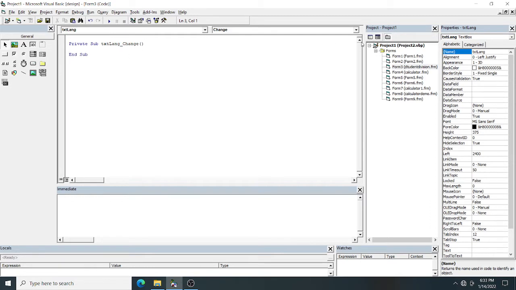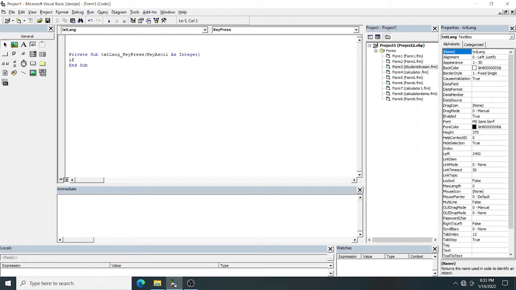Here we have to give the KeyPress event. As I told you, for ASCII value we have to use the KeyPress event. If you press any key, it will get activated.